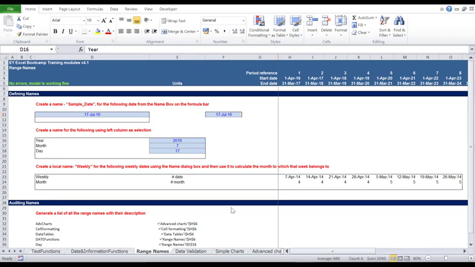Now let's look at the second example in defining names. The second example asks us to create a name for the following using left column as a selection. Now, one way to go about it is to go to each cell, the name box, and change the name. Well, we can do that, or we can use an Excel shortcut. Let's select the entire array